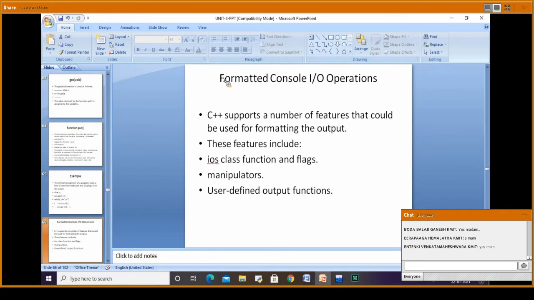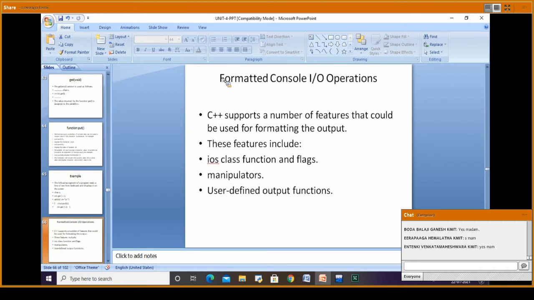So first one is the ios class functions and flags. Second is by using manipulators. Third is by using user defined output functions.